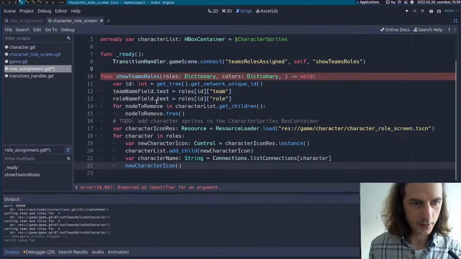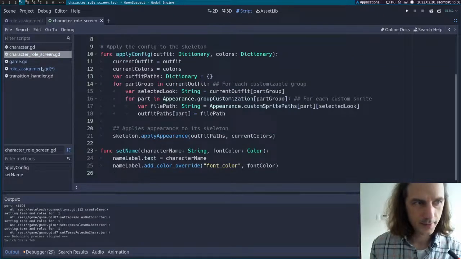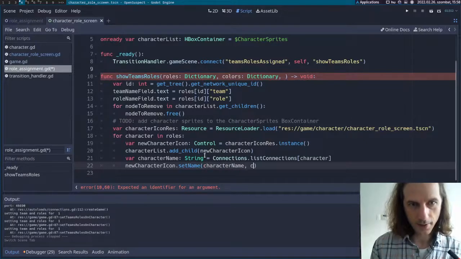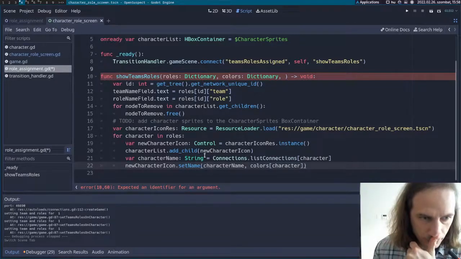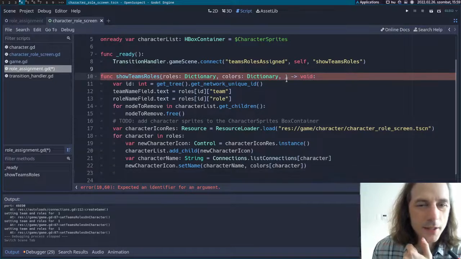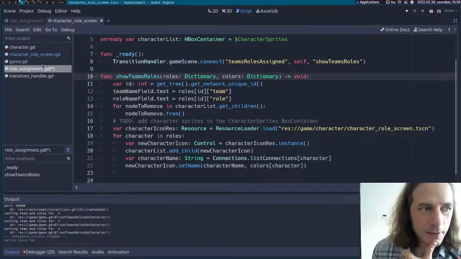new character icon dot set name, character name and colors, character. And then what else do we need? We need names, colors, and the outfits, though, that we can also get relatively simply, right? So we can